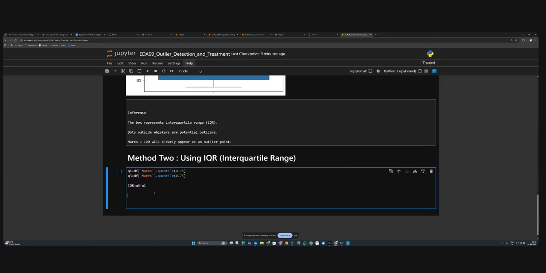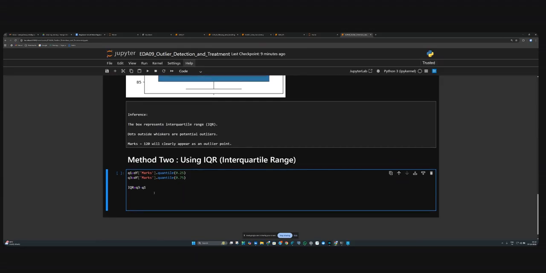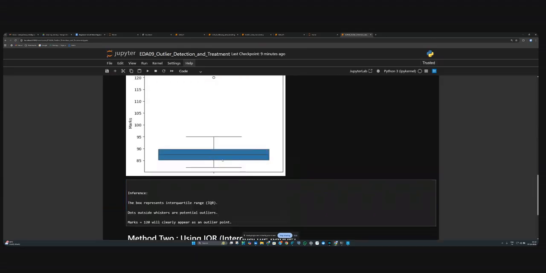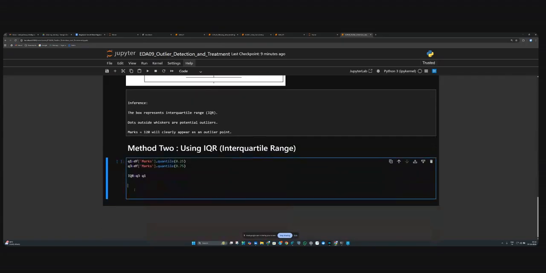Now we have something called lower and upper band. So like this is lower band, this is upper band. You can use any method, there is no hard and fast rule that you have to use this. You can use the box plot. So I'm creating a variable, I'll say lower bound. Lower bound equals Q1 minus